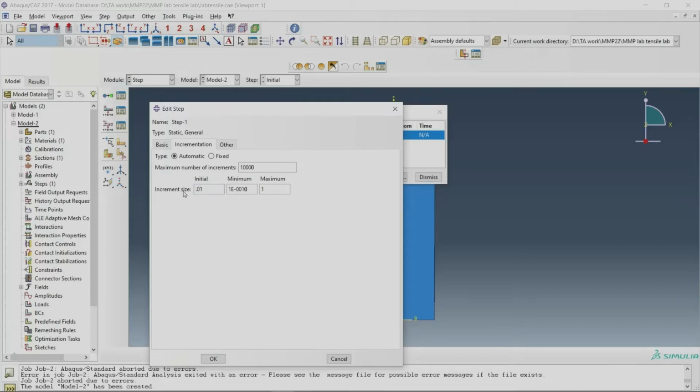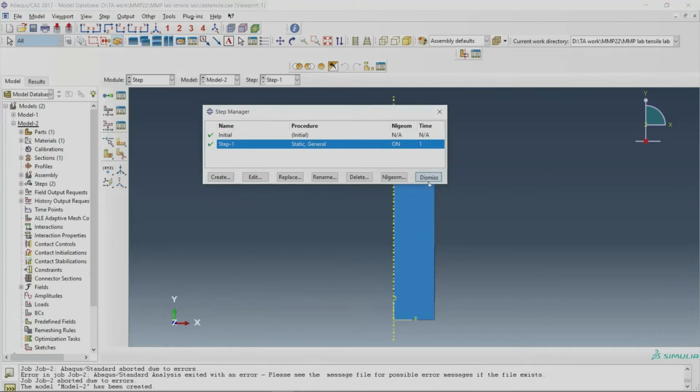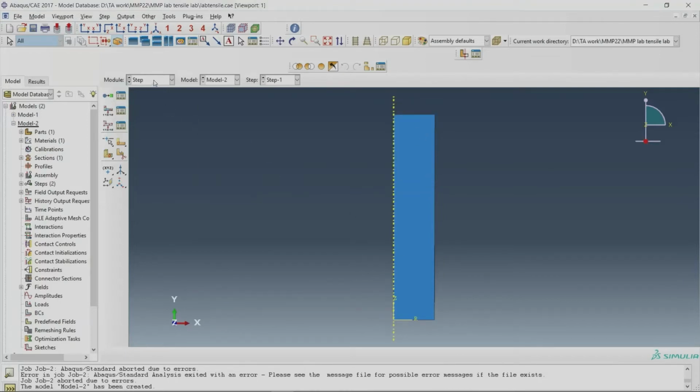Here you create 0.01, 0.1. This is how the finite element software Abaqus increments the displacement you are going to give to this geometry. So just keep it as I am doing, and then there is the load manager.